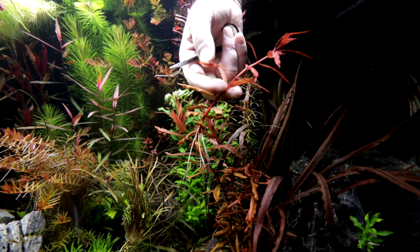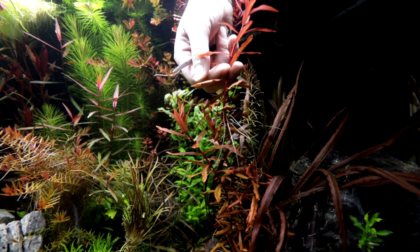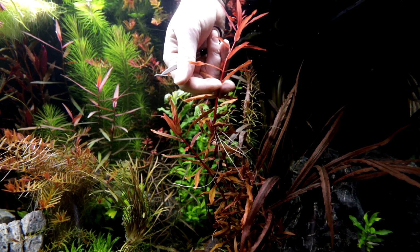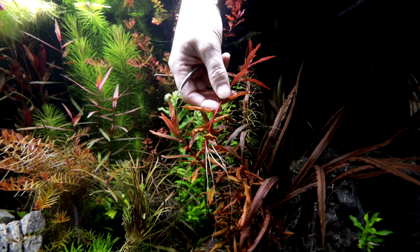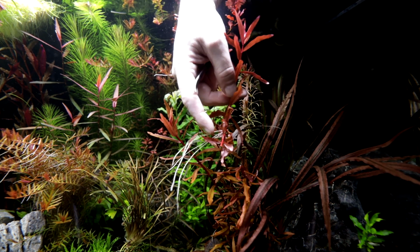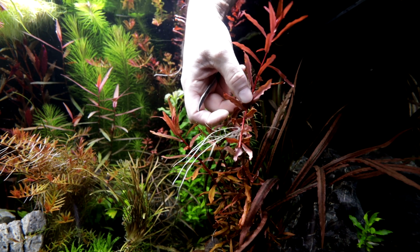Now, as you can see here, what I've done is I've plopped the portion that I got down with plant weights. I didn't even plant it into the substrate. It probably has rooted into the substrate and allowed it to grow, adapt to this water condition. And these aerial roots are starting to show up here, right? Up by the top of the plant. And the reason for that is getting